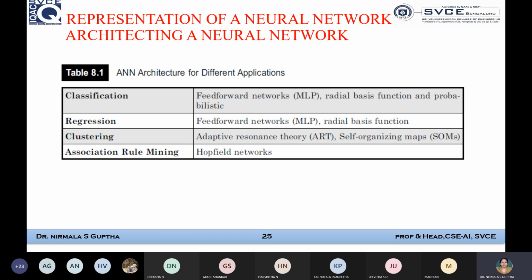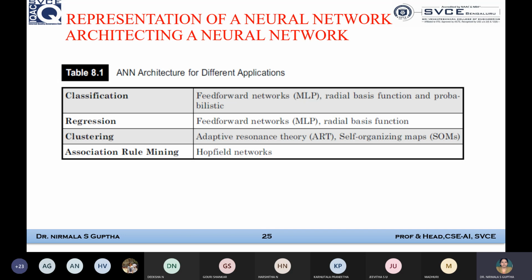Okay, so let us quickly see what are the steps required in terms of developing an artificial neural network. There are actually 9 very simple steps. It's like a small pseudocode or an algorithm that we write to solve a problem. In the same fashion, we have the steps which are required for us to build an artificial neural network. So the very first step is gathering the data.